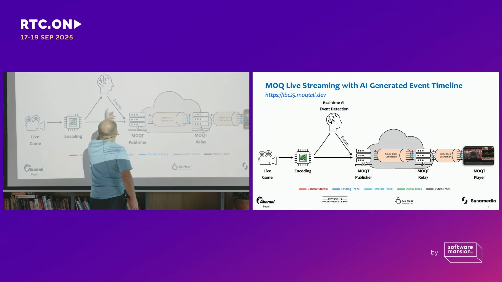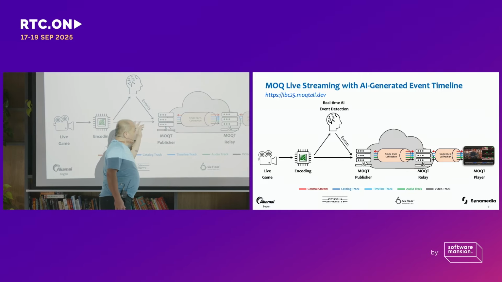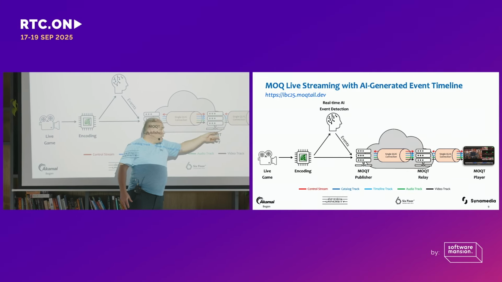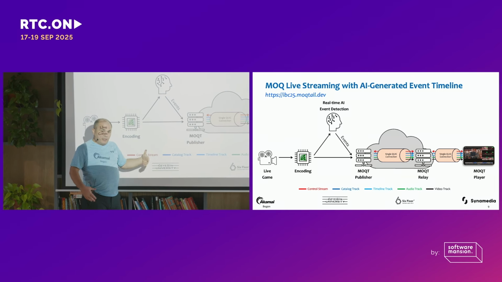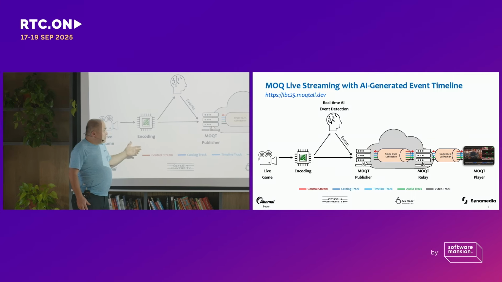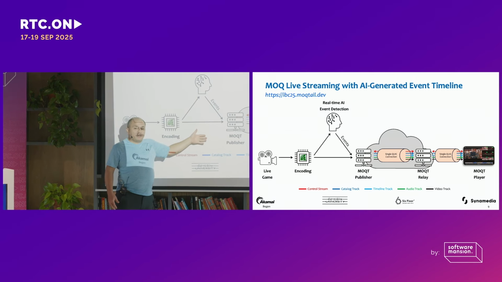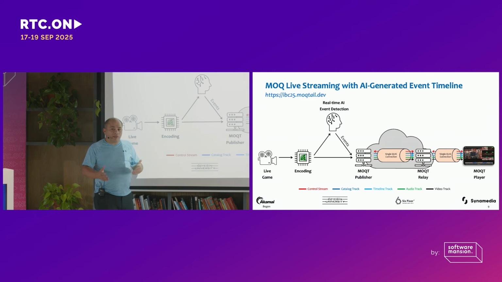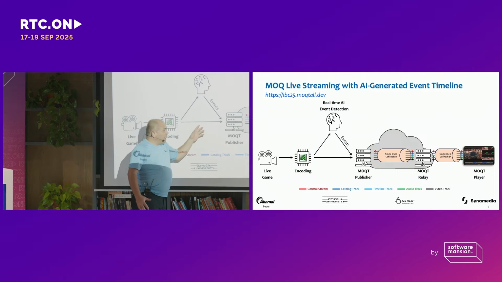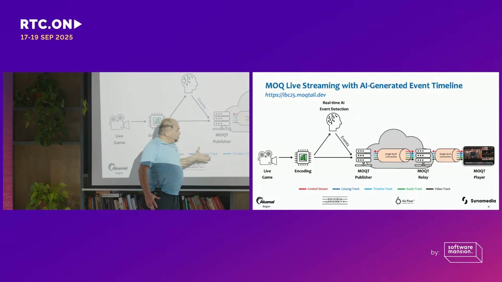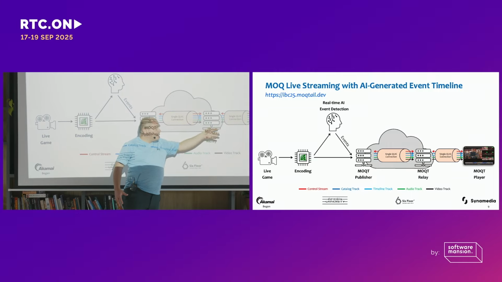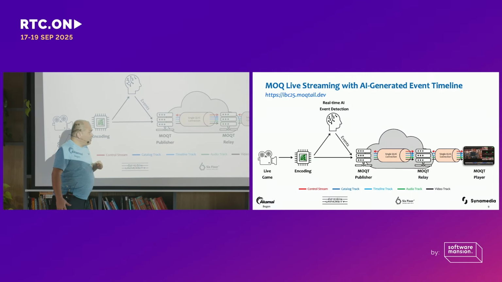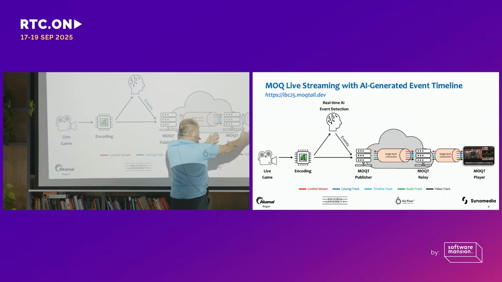So this will be you on your browser. You will go to the website ibc25.moqtail.dev, and then you are going to open a connection to the relay because you are getting a catalog which is going to explain to you what's available, in what codec, in what resolution. Just note that there is a single video track in this case, so there is no rate adaptation, but it's just a straightforward extension to this application. So in this demo, the main thing is this timeline events associated with the video, real-time audio and video, and everything is being published, and then the client is going to subscribe and it's going to receive all that information. So this is one quick connection. This is another quick connection, and